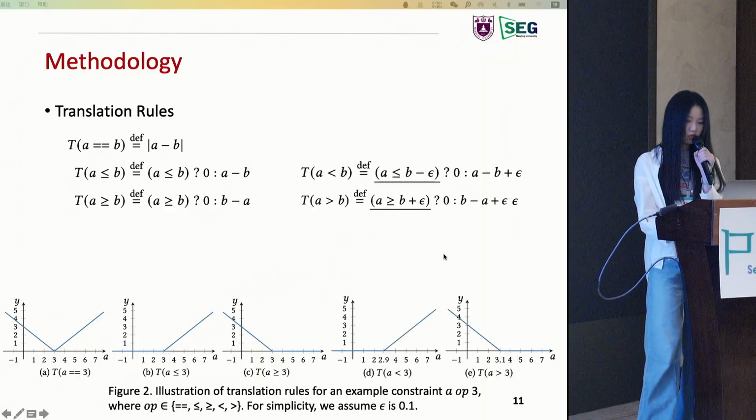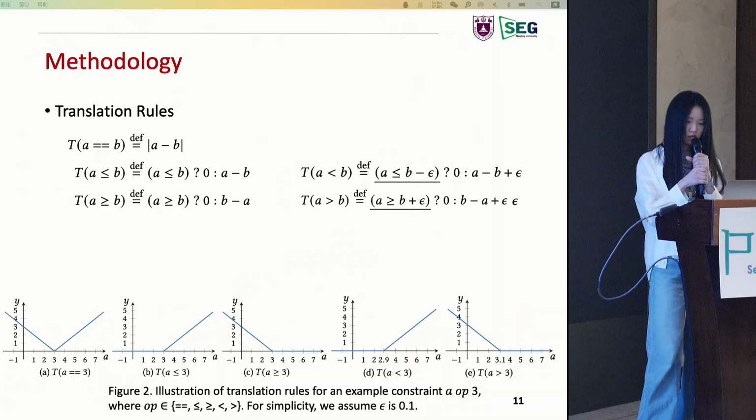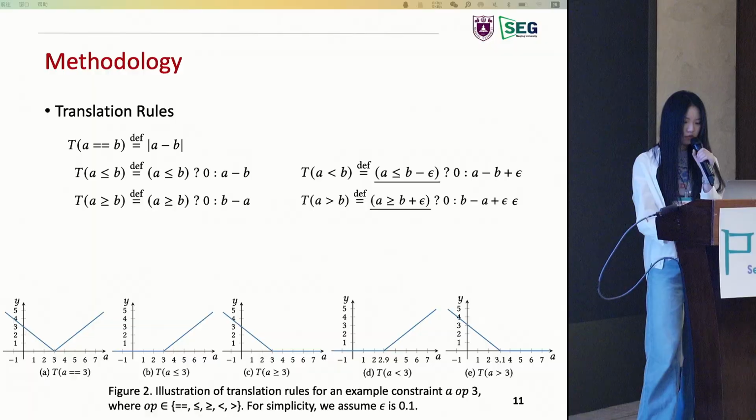For less than and greater than, we follow the intuition for less than or equal to and greater than or equal to. Specifically, we treat the strict inequality A is greater than B as a non-strict inequality A is greater than or equal to B plus epsilon. The epsilon is the minimum positive subnormal number according to the IEEE 754 standard. The two inequalities are equivalent according to floating point semantics, and after such conversion, we can simply apply the translation rules